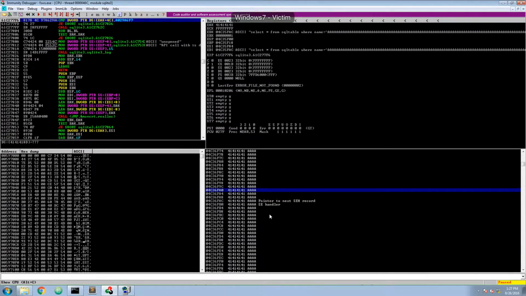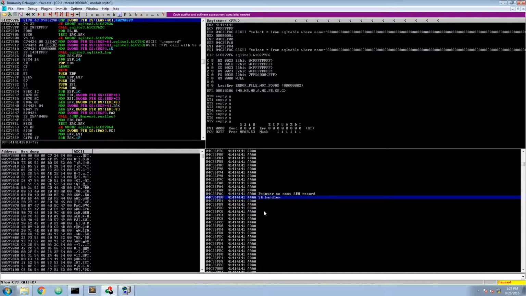So now we will do exactly what we did in my previous video. We will create a cyclic pattern to figure out after how many bytes we overwrite the next SEH and the first SEH. We will search for a pop-pop-ret instruction, so we return to this address, and whatever we write here will be treated as assembly opcode, so not as an address.